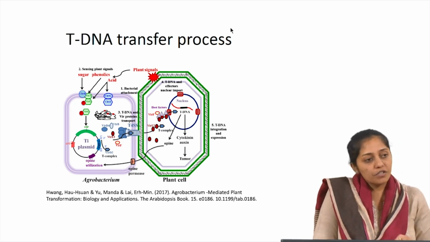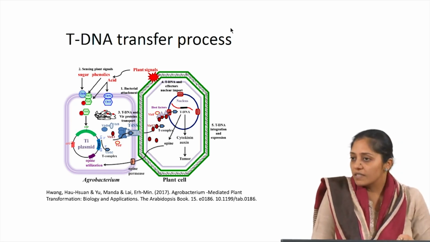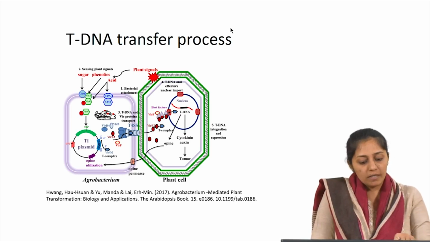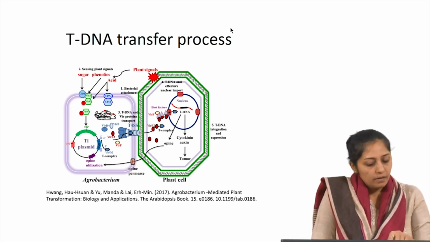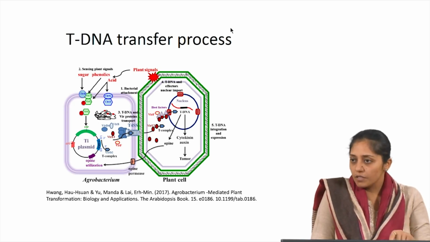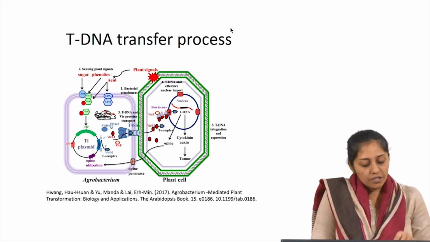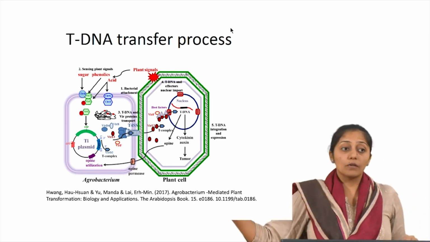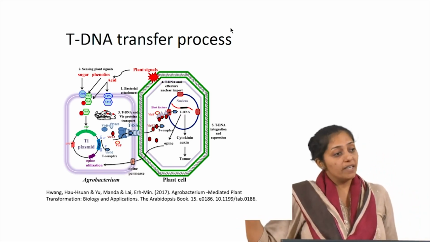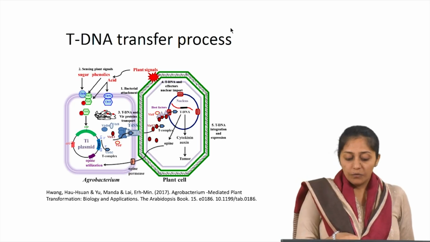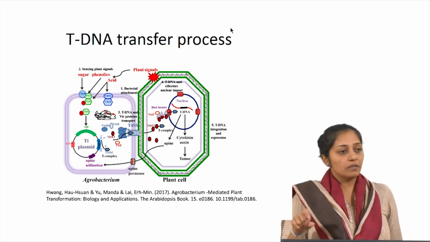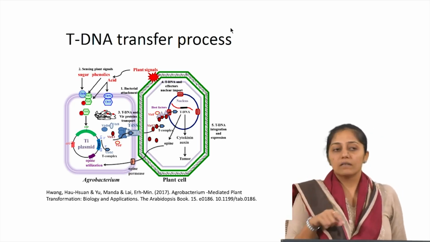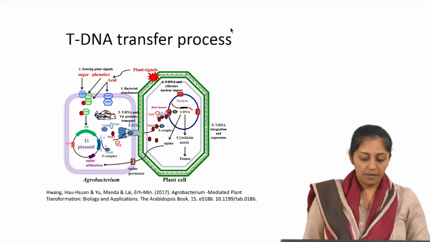So they have demonstrated the various virulence proteins which are responsible. One is acting as a receptor, then it further induces other regions of the virulence gene. After induction it involves production of Vir D and Vir E. Vir E is involved, once it enters the plant chromosome, in protecting it from the nucleases. Then Vir B is involved in conjugation. So you can correlate and remember how the events take place.